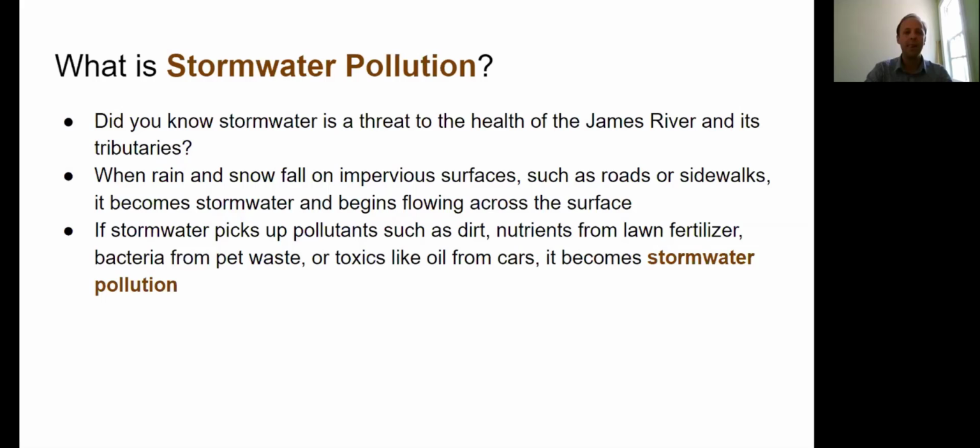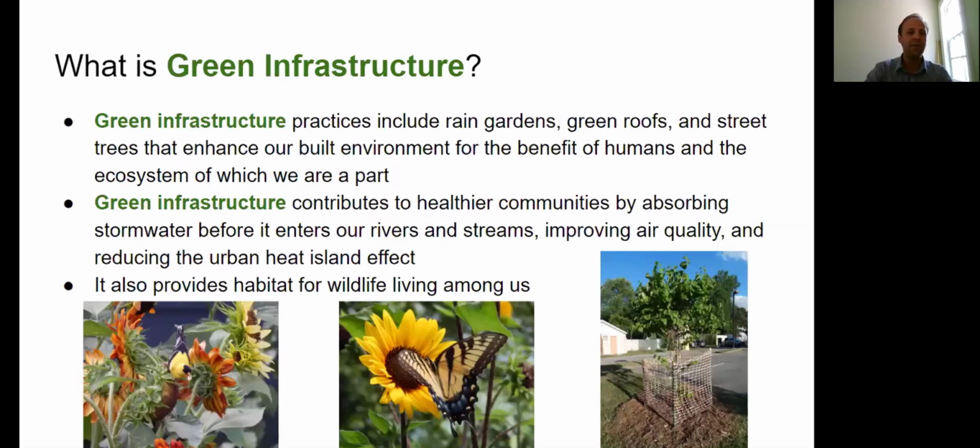pollution. And the purpose of the Greening Richmond Public Libraries initiative is to capture as much stormwater pollution on library grounds by installing green infrastructure. So what is green infrastructure? Green infrastructure practices